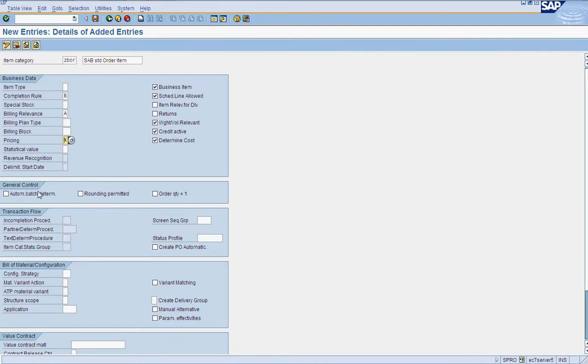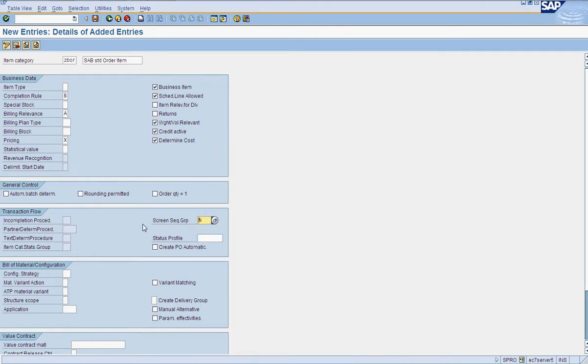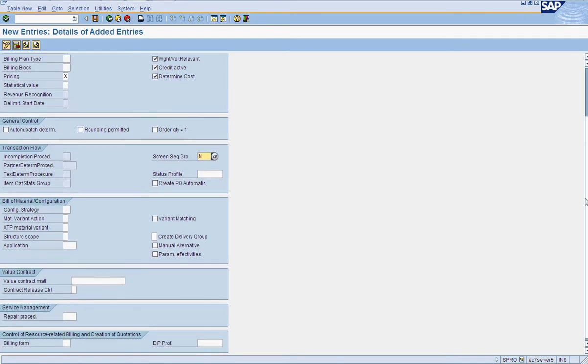Do you want to have automatic batch determination? Not required. Do you want to give screen sequence group? Yes. See here, incompletion, partner determination procedure and text are all defined in the background. We have to define them or assign them separately. So at this moment, that is fine.